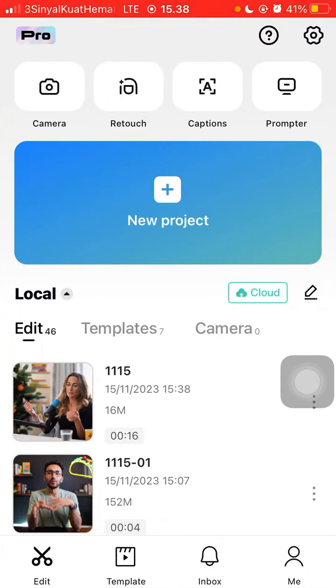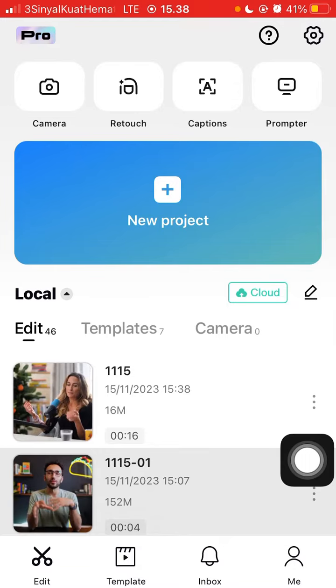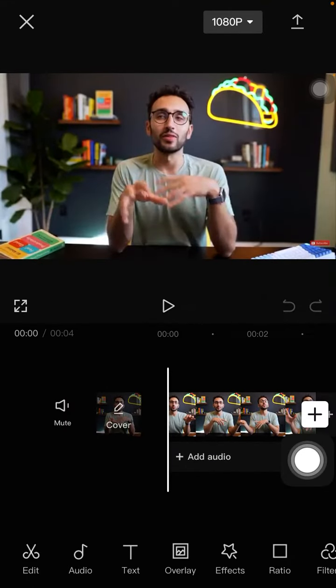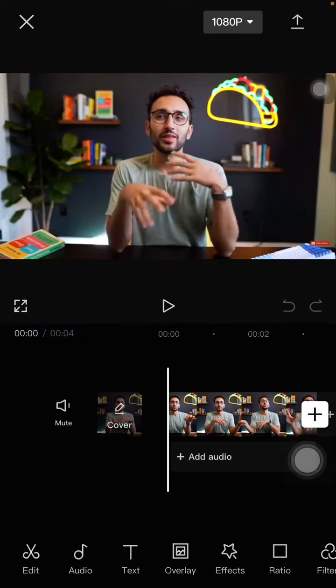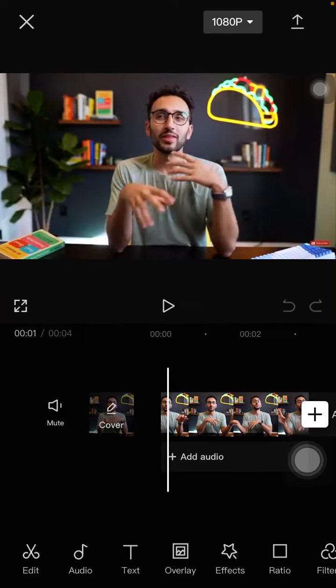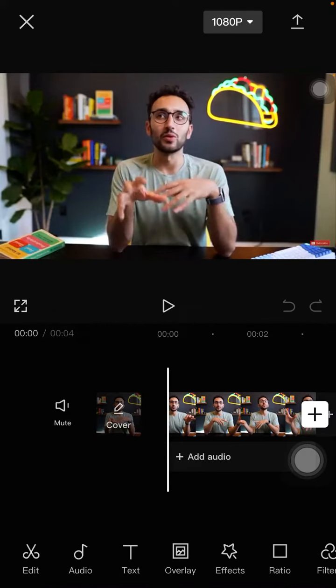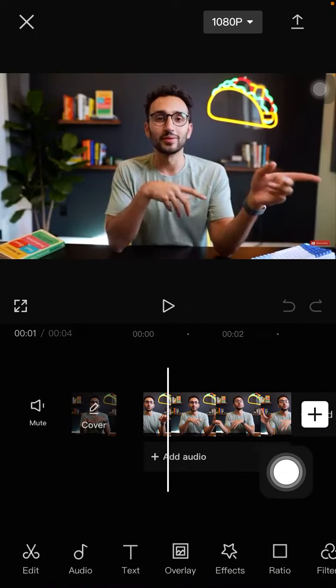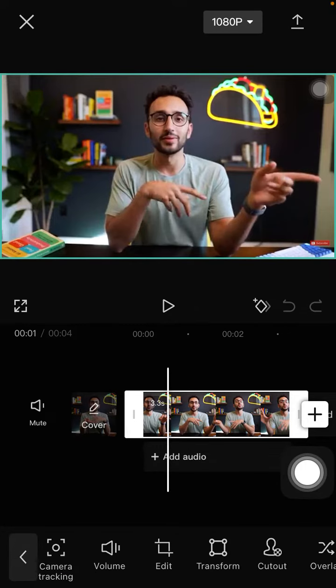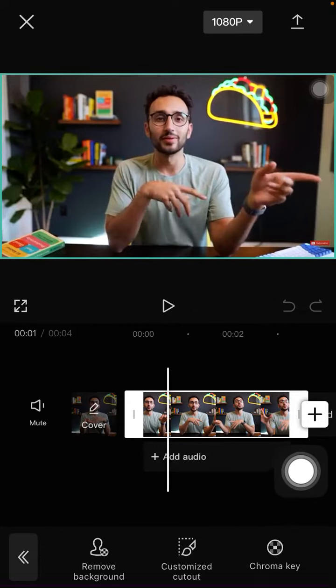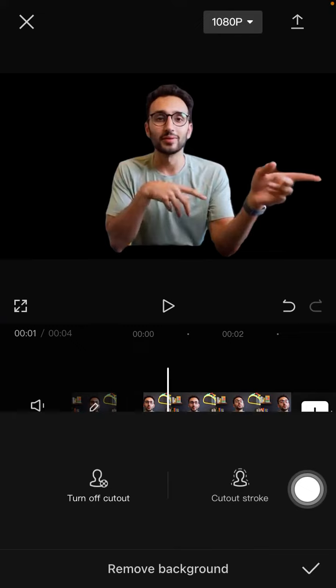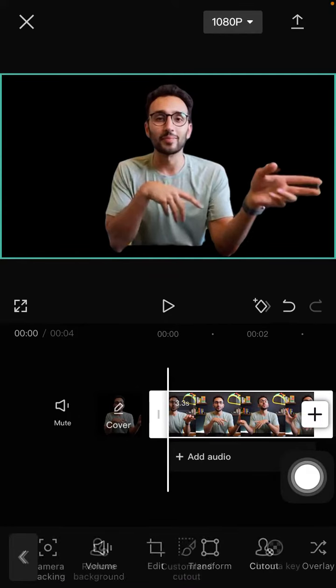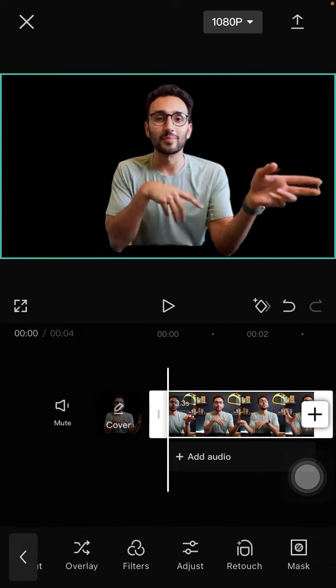In this simple video, I'm gonna show you how you can add a background to your video using the CapCut app. So I already have the video that will be added, and for example, to add a background, I'm going to remove the background before. So just click on the clip and then select cutout. For this kind of video, you are just going to select remove background, just click on it, and the background has been removed. Just click the check mark and then add the new background, and I'm going to add the